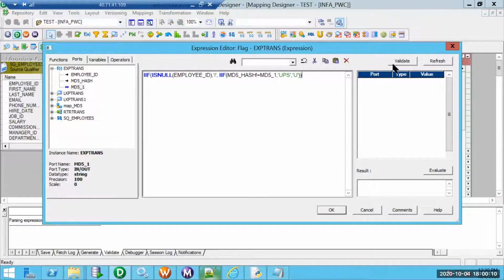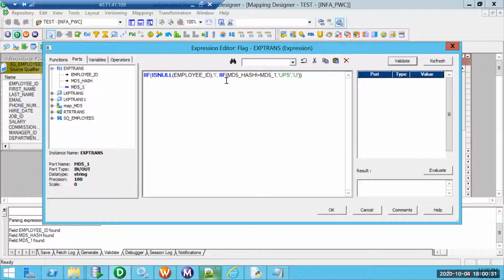So the three things are: if there is no active record, but we are getting some information from the source, then we are going to insert the data. We are not going to manipulate any other information.